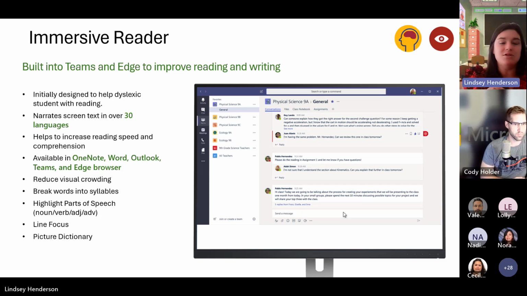And so Immersive Reader is just a really powerful tool that we want to make sure everyone is aware that they have access to. It's completely free. This can help students of any and all ages, as well as adults, and just being able to, again, get rid of the focus and the clutter. Cody, is there anything else you want to add around Immersive Reader?